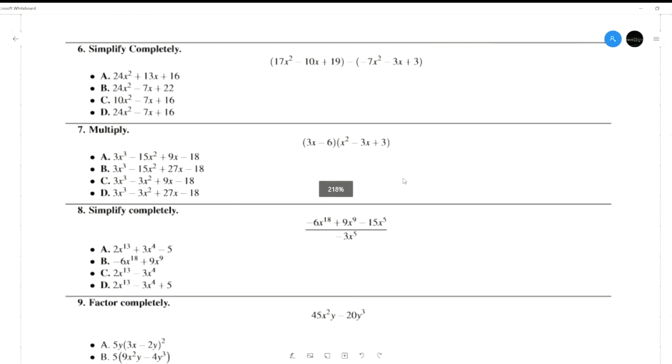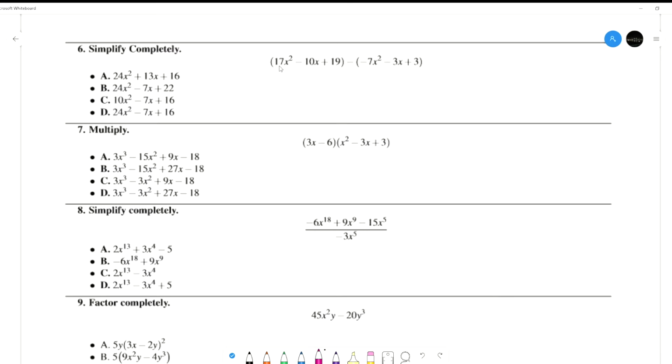Let's try the next 3 problems. The first one you have to distribute to remove parentheses first on both, right? Second one is distributive property. Third one is dividing by a monomial. So every numerator is divided by that denominator. For 6,